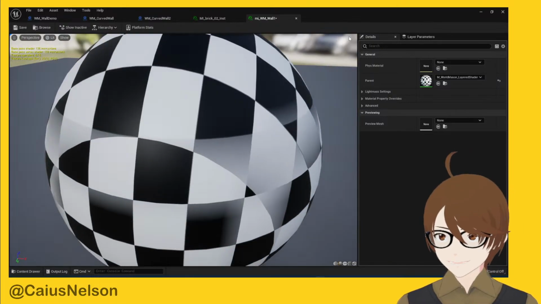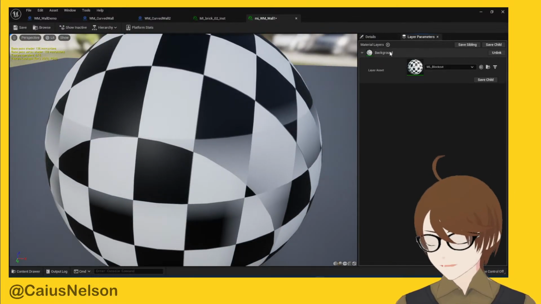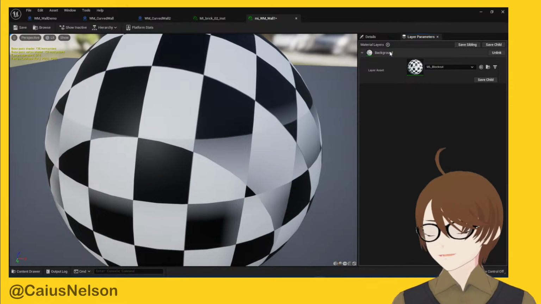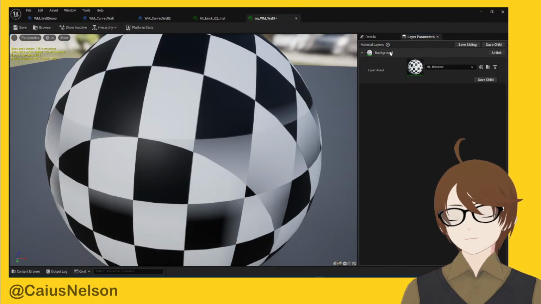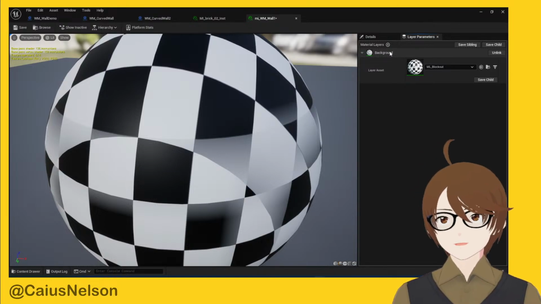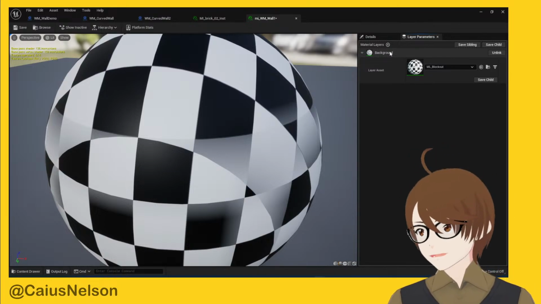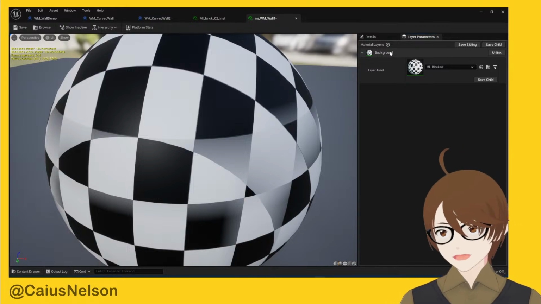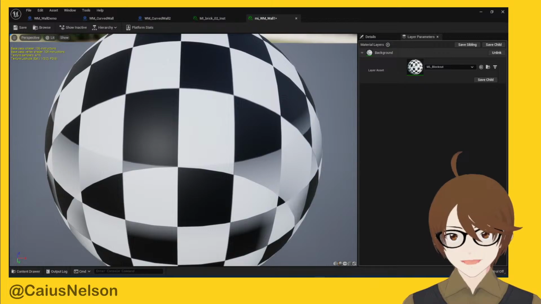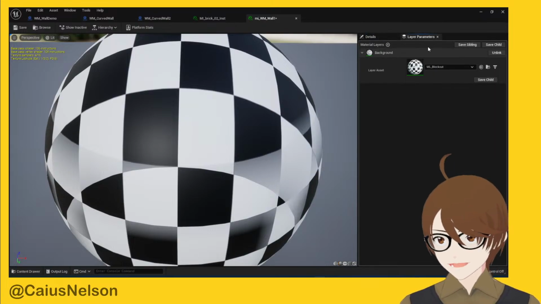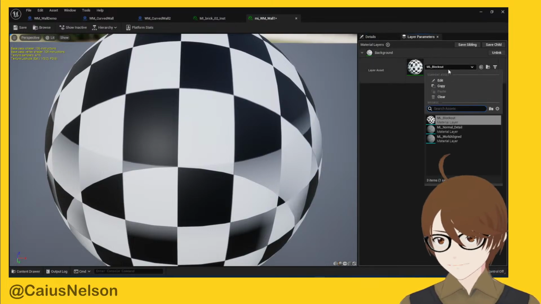It's literally just a shader that uses material layers, which I won't go into, but if you're not using material layers, so you don't know what they are, I would really recommend it. They are great. They're powerful. They essentially allow you to layer on different types of materials in a non-destructive manner. So we are going to use the layered material shader, which is simple, and then just replace this material